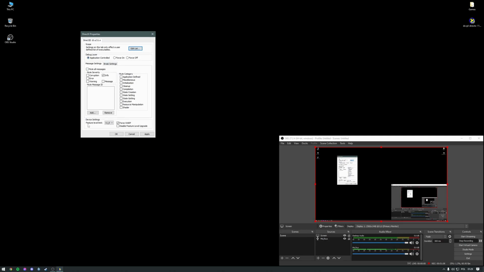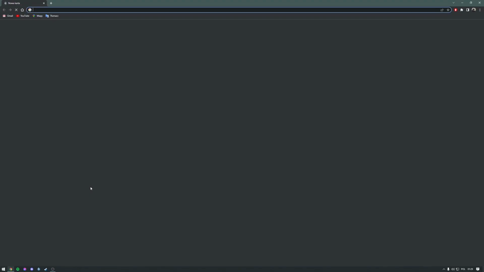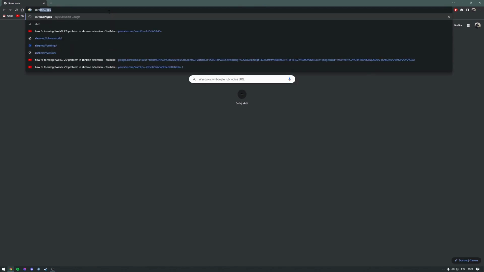Here in device settings, feature level limit, it's gonna be 11, and mark force warp. Then press apply and OK. The program doesn't have to run all the time, you can put it whenever you want, but it's important to have it on your computer. And now go to Chrome, put chrome